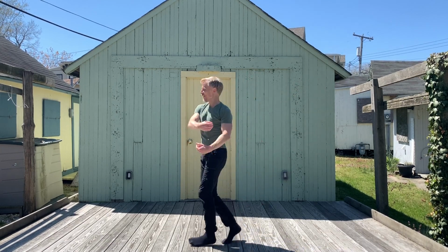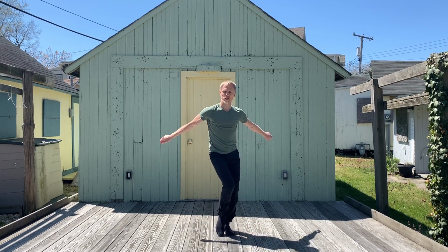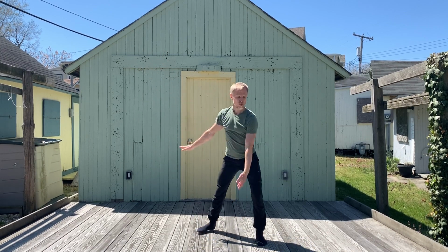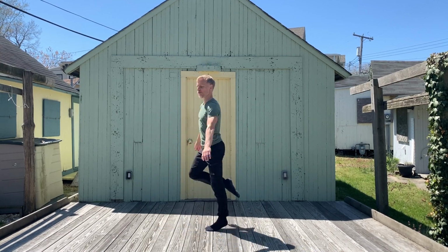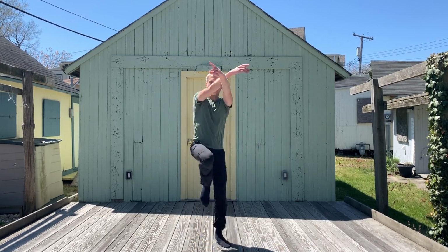1, 2, 3, 4. Turn 5. Just touch 6. And then 2 little pas de chats, a 7 and an 8. Yeah, so that last bit, you just did the 2 assemblées. We brush 1, 2, 3, step 4, turn 5, 6, and a 7 and an 8. So you have to turn, touch, and change,